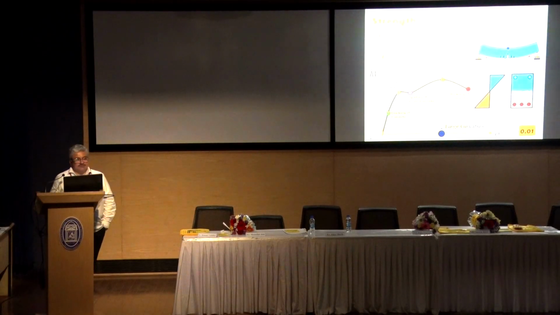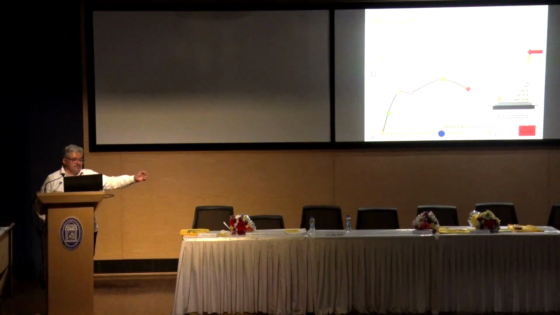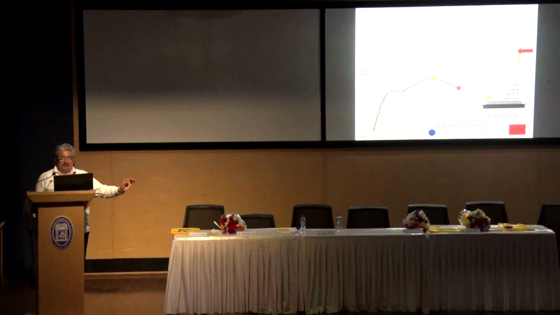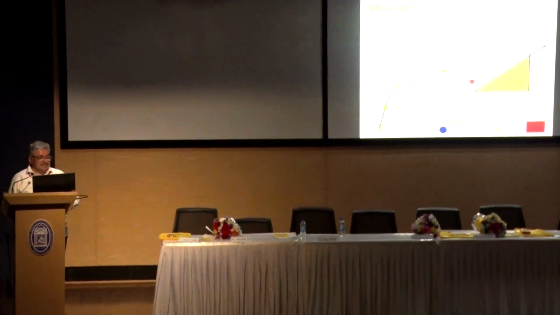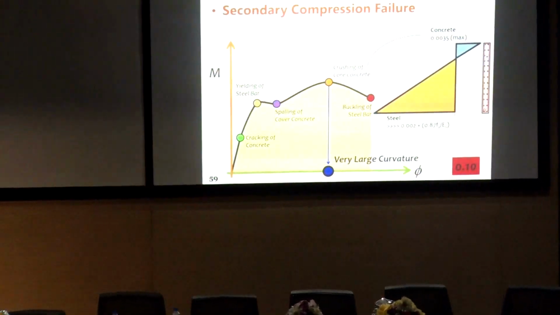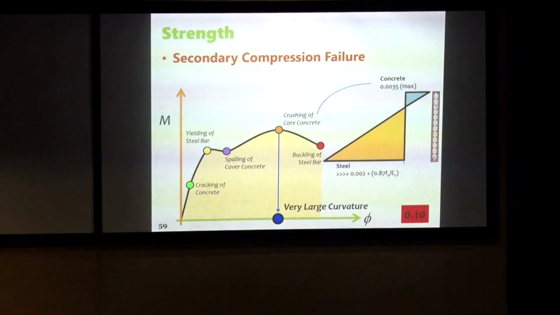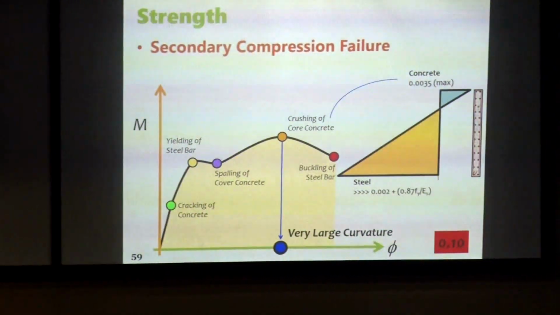The strain, the maximum tensile strain in steel will be reasonable. But when we try to apply that same formulation to structural walls, you have a 2 meter, 3 meter wall, and if the extreme compression fiber has to reach 0.035 strain, the tensile strain on the other side has to reach such a high value that you will necessarily have very large crack widths. And that's going to affect the durability and subsequently everything else.